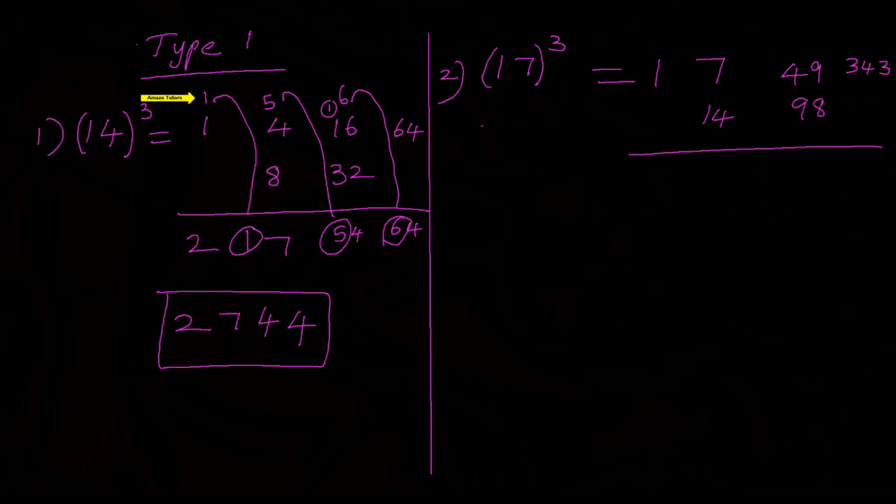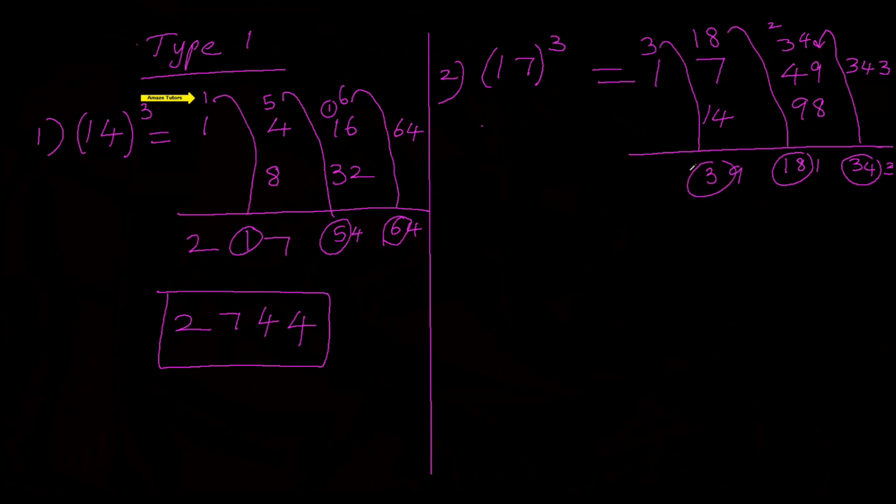Add the rows, 343, but 34 to be carried to the next place. So 9 plus 4, 13, 8, 21. 2, 5, 9, 18. Again 18 goes to the next place. 8 plus 7, 15, 19, 3. 3 goes here. 4. Now write the numbers without circles. That will give you the answer 4913. So 7 cubed is equal to 4913. This is the answer. I hope you are understanding the method, students.